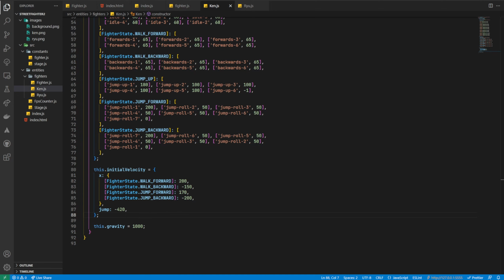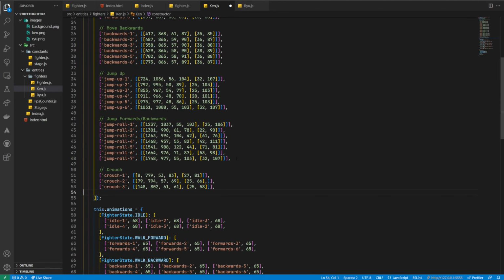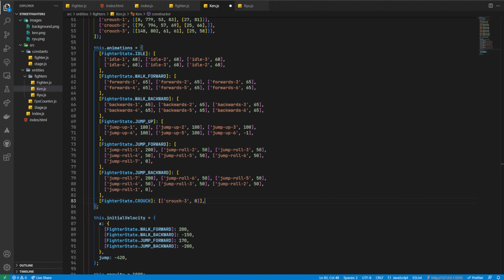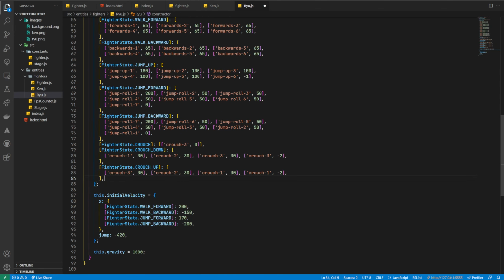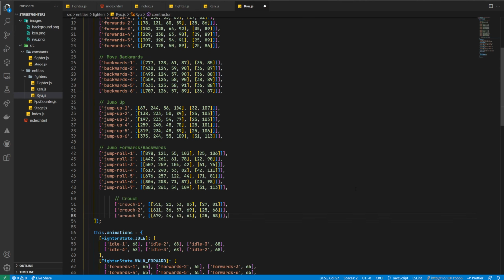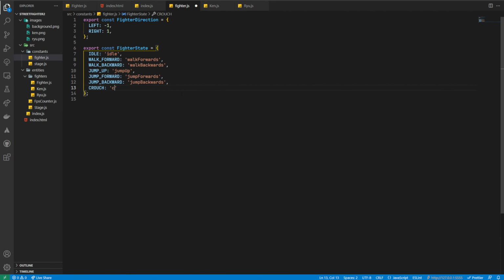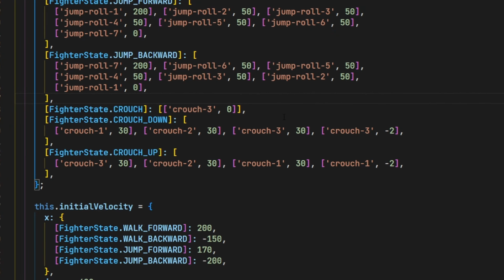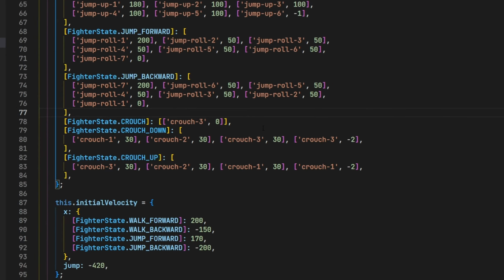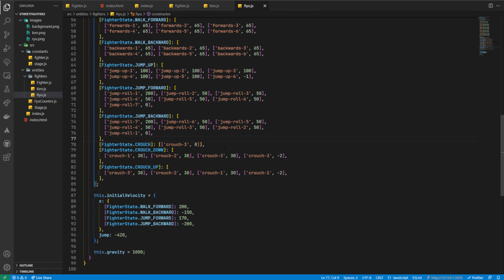out of that state. As per usual, we'll start in the Ken and Ryu classes and copy over the frame and animation data for these moves. Then in the fighter cons file, we'll add the new crouching states matching the data properties we've just copied over. One thing to note is that I'm using a -2 for the last frame here. This does nothing but stop the animation from looping like before, but I'm using it as an indicator for me, to show that this animation is just a transition, and will look to move to a new state once this